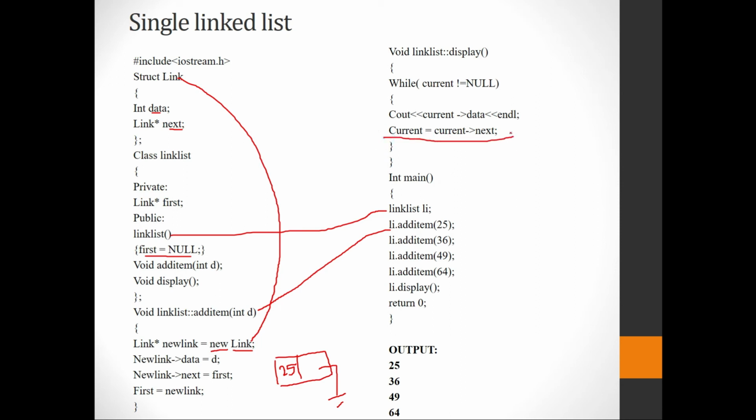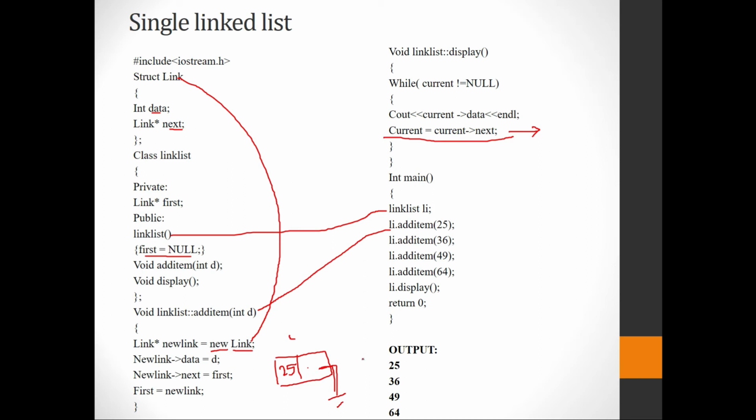What does it mean? This is called traversing, traveling. So now my current will be changed to current's next. What do I mean by current's next? Suppose this is current and this is my next. So what is my current's next? Yes, it is going to be null. So I am traveling. So suppose if there are 3 nodes here, what will be my current's next?